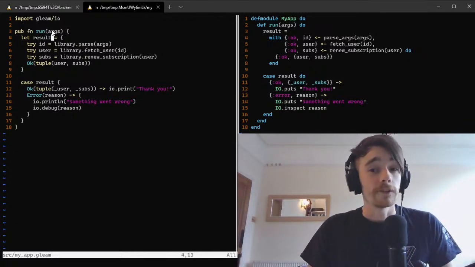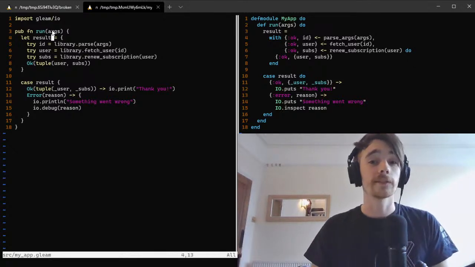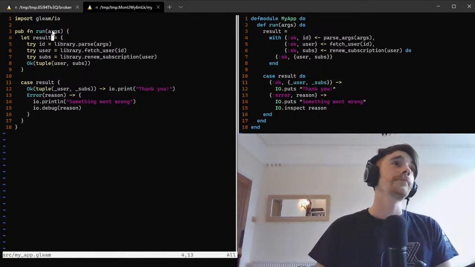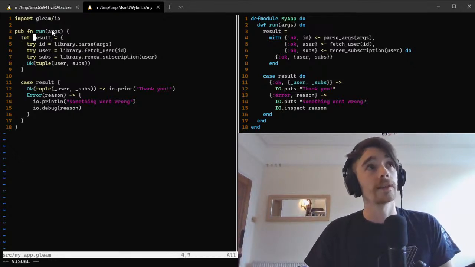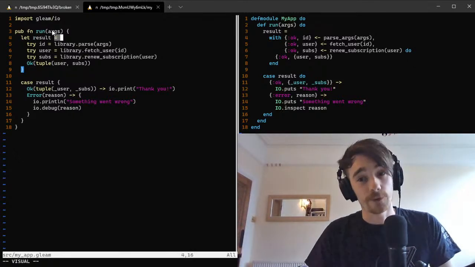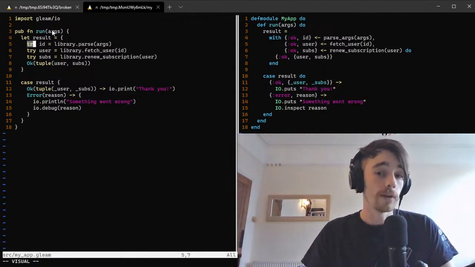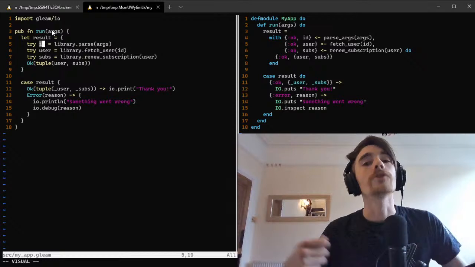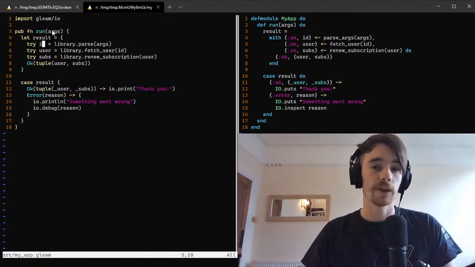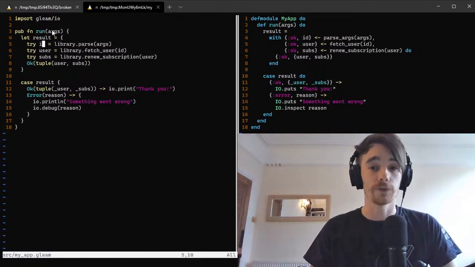So the important thing here is that Gleam does have a with. It does have something like Elixir's with, and that is called try. And so here it is. Normally in Gleam, when you define a variable, you say let, and then you say the variable name, and then you say equals, and then the value. But if it is try, it works similar to with. But the key point being, rather than specifying a pattern here that has to match, it was always what we call a result type. And a result type is the same as Elixir's error OK tuple.